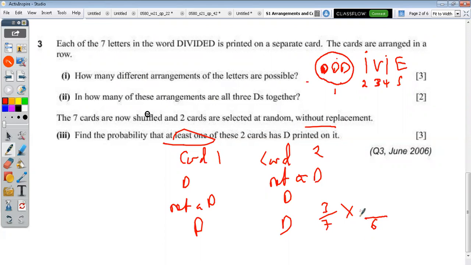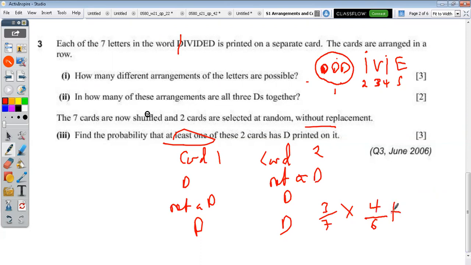Now, remember we're saying not a D. So if I've picked 1 D, how many cards are not a D from what's left here? 1, 2, 3, 4. Sorry, 4. Got it? Like this. Clear? Okay. Plus,